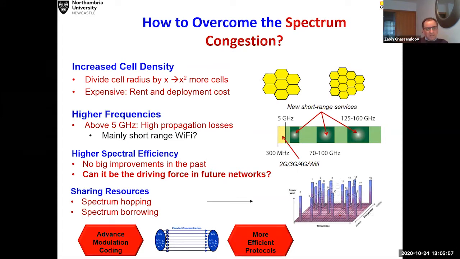And you can see that they have been using the cell density. In other words, they are playing the first parameter, that Martin's equation. In other words, the cells becoming much smaller and more compact. And of course, that is very true. You can increase the capacity by splitting the cell, but at the cost of very complex infrastructure, because you will have many base stations and you need to manage them. And as the base station numbers go up, your channel or inter-cell interference and adjacent cell interference will go up, and therefore your signal to noise ratio will drop.